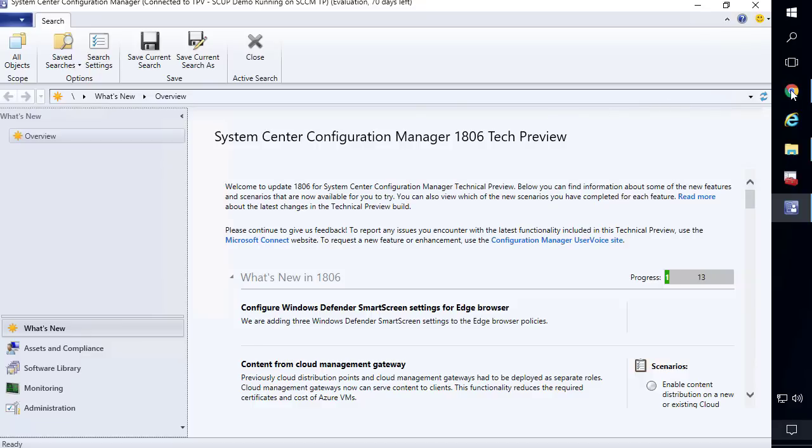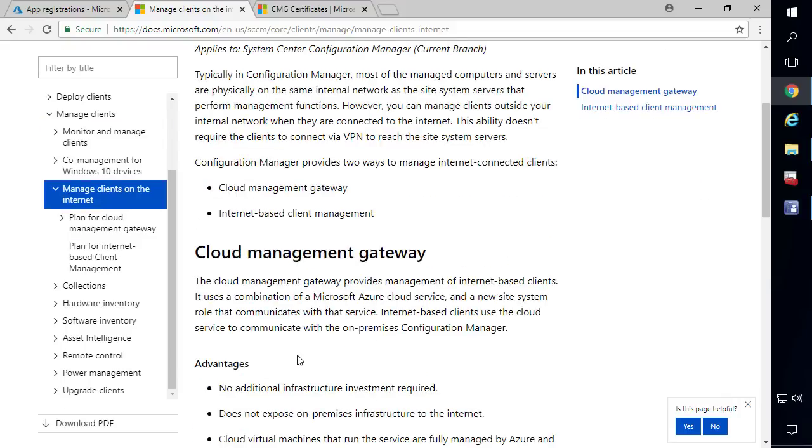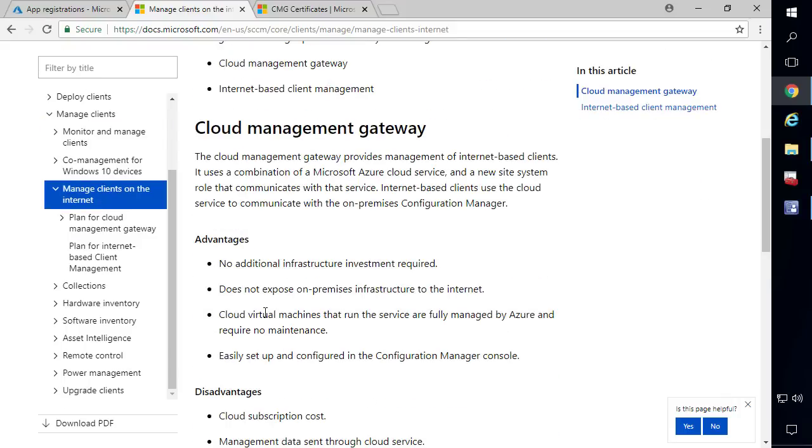So the first thing I want to talk about within Cloud Management Gateway is give you a little overview of how it differs from internet-based client management. If you've been following my guide, you might have noticed that I did an internet-based client management video a couple months ago. The key differences between CMG and IBCM is mainly going to be, I would say, the